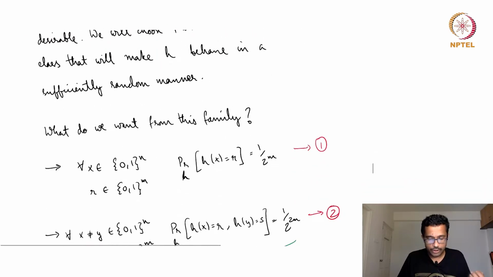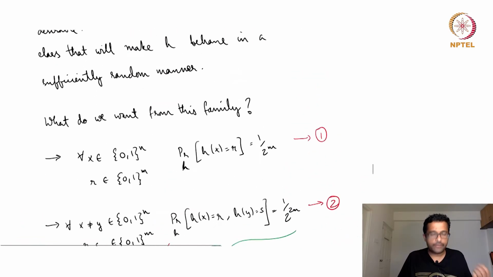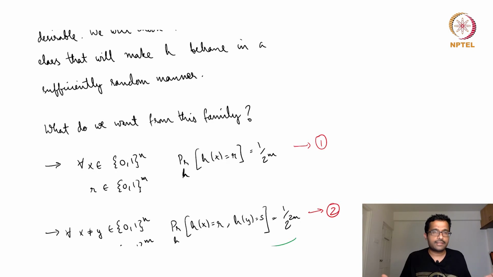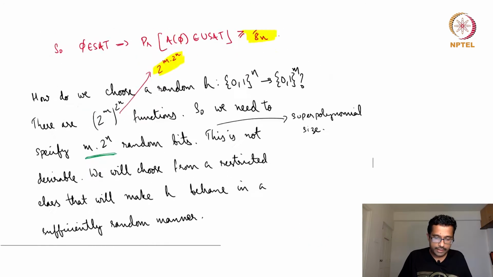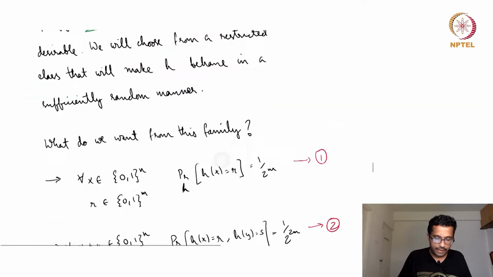And finally, we saw that we cannot choose from the space of all the functions at random because the number of functions is high. Even to specify a function at random requires exponentially many bits. What we will do is choose from a smaller family of functions which has all the required properties that we want. This family is called a pairwise independent hash family,